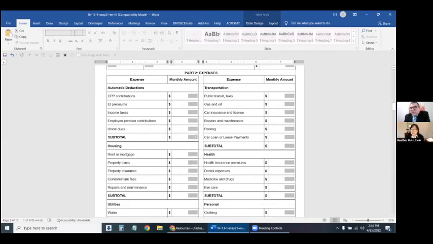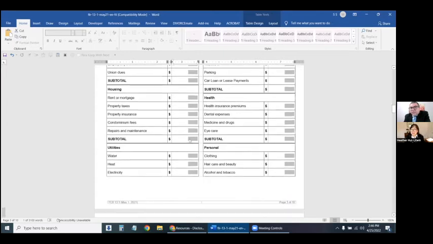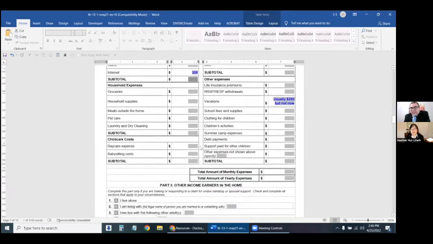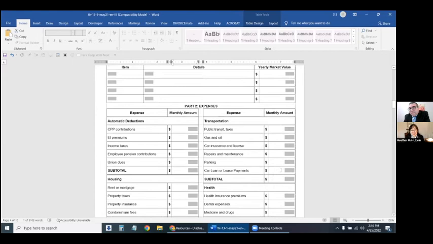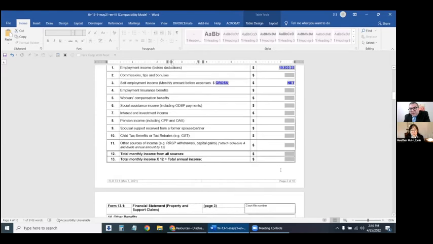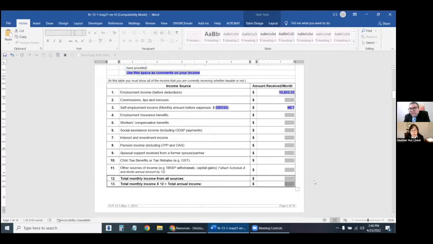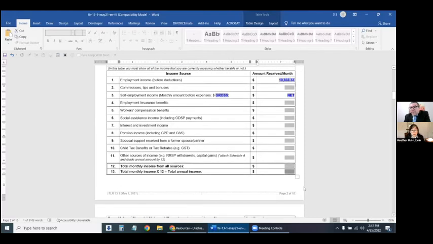So after you do this calculation of subtotals, you put in your total monthly and then the total annually, just multiplying by 12. You can then compare it to your means, not your income, your means, right over here at line 13. And you can start to ask yourself, does this make sense? Are my expenses more or less than what I'm claiming to have as total available income?